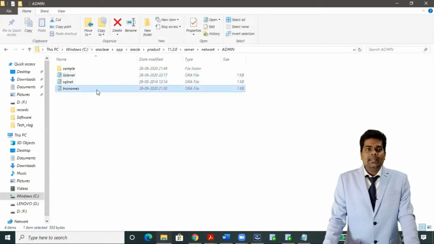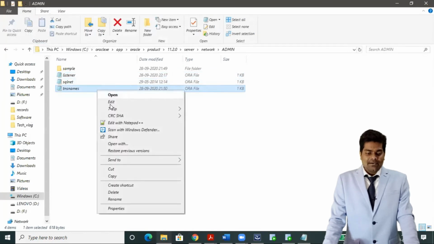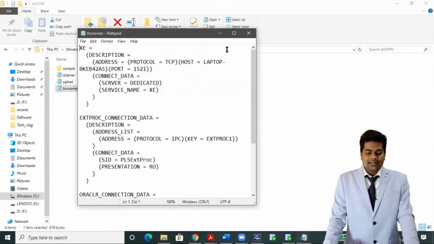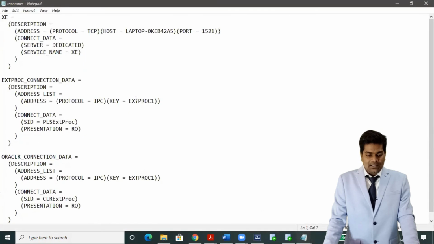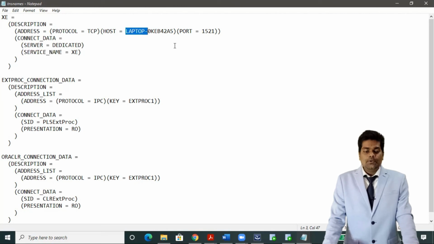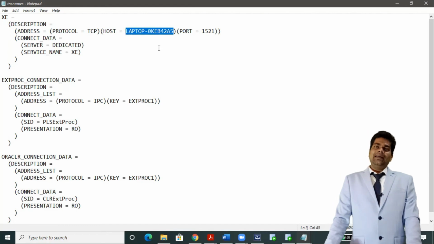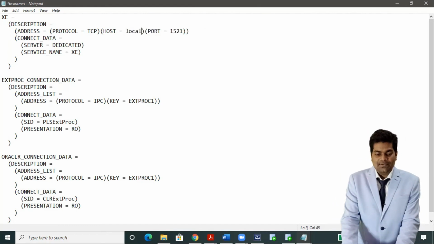Okay, then again go to TNS names, right click and click on edit. And here as well, service name and SID name should both be the same. And again host name. Here this is by default the laptop name or system name. Here also we can write localhost if we are facing some difficulty.